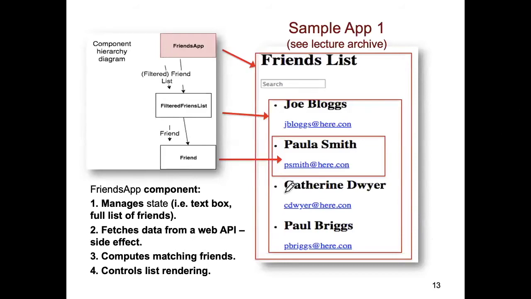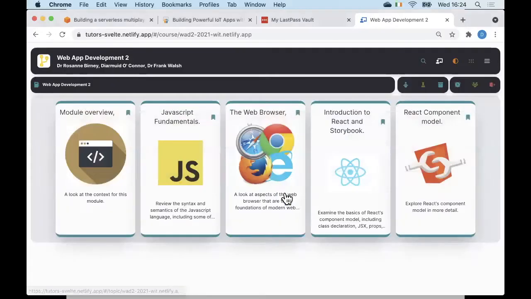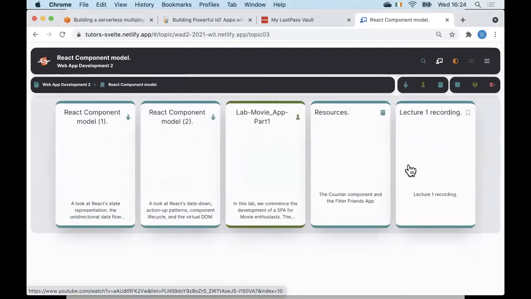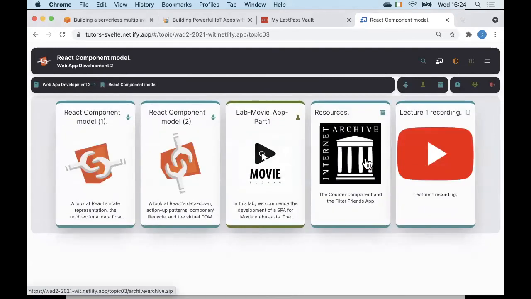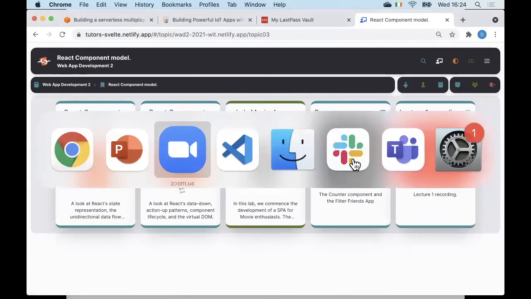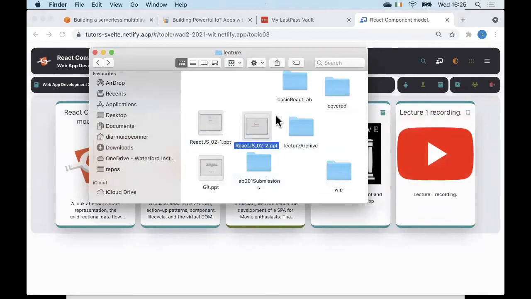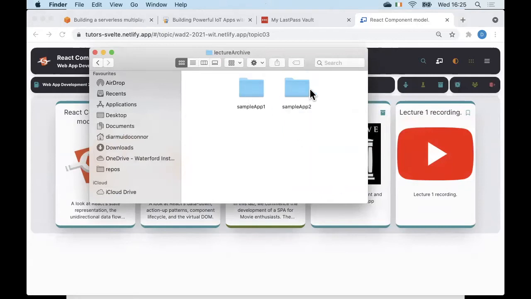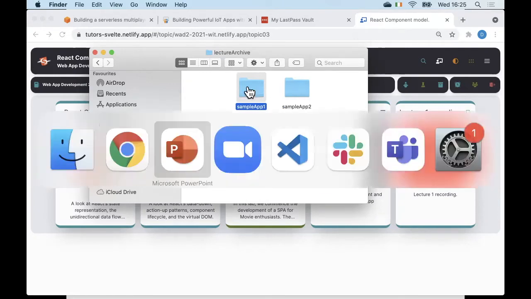Let's look at a little sample application. Now you'll get this sample application with this archive. If you download it and unzip it, you'll get a folder like this. And if we go into it, we have two sample apps. So we're looking at sample app 1 right now. So if I just import that into VS Code,